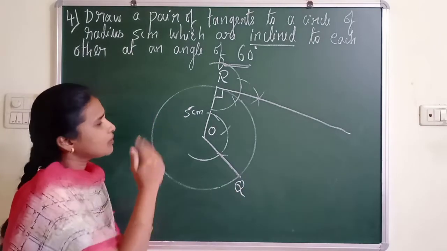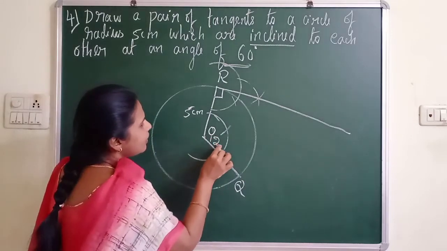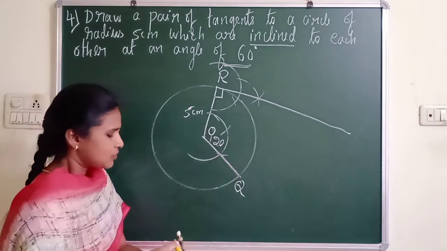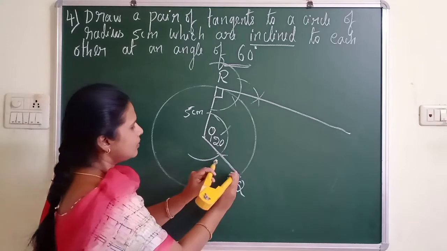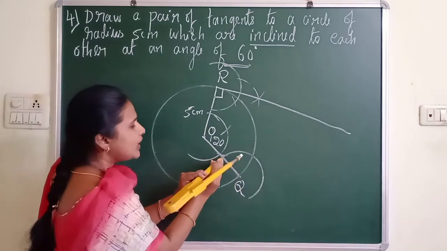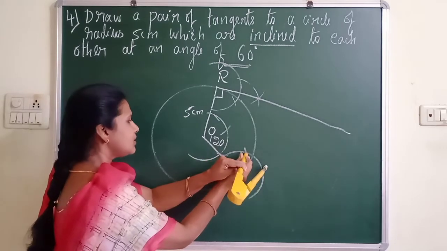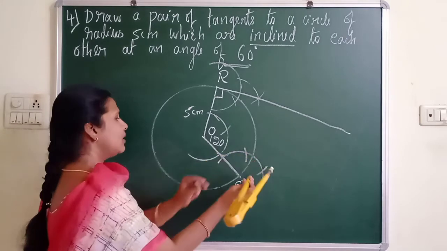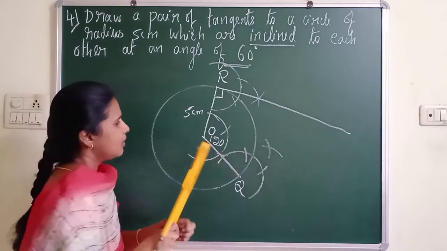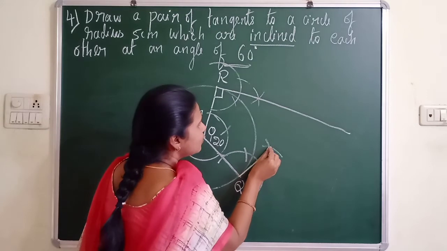Now according to the construction basic, I have to draw here 120. This is 120 over 90, 120 and here again I should draw 90. So for that, again draw one semicircle. This is a point of contact. From here, what is this? 60. This is 120 and again you bisect this. You can see that join Q to this point where the two arcs meet.